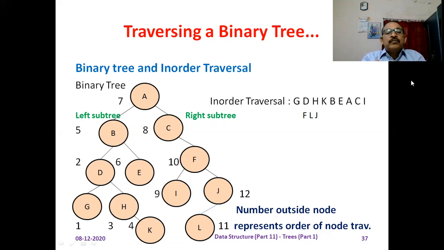What is the root node of this left subtree? You can say B. Again, what is the first step? Traverse the left subtree in order traversal. Means the control goes to the left subtree of B, that is D. Okay, again we call the function in order traversal with root node D. And what is the left subtree of this node D?